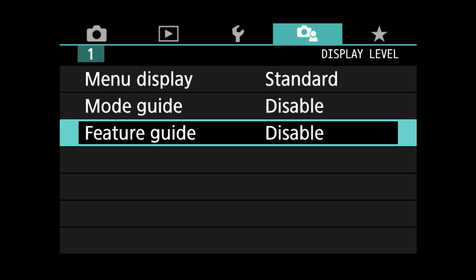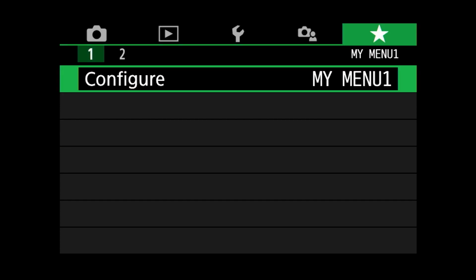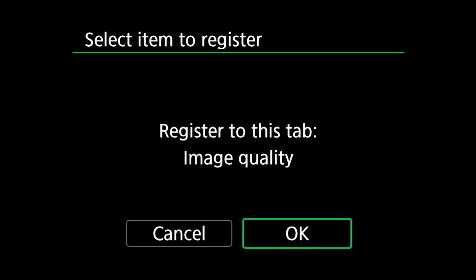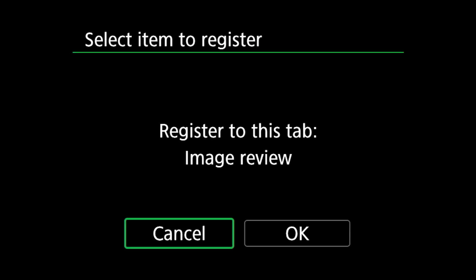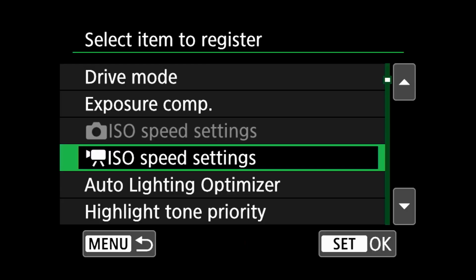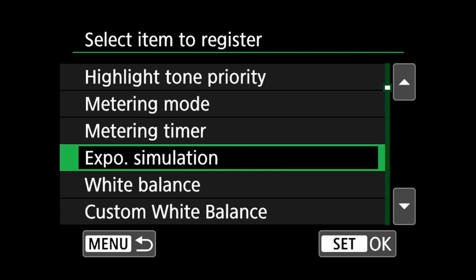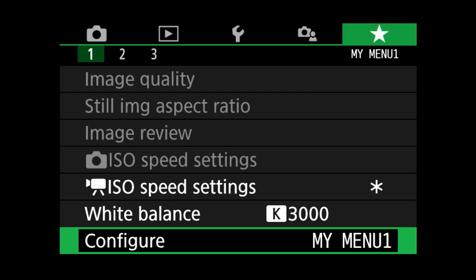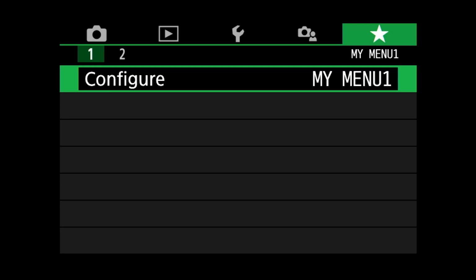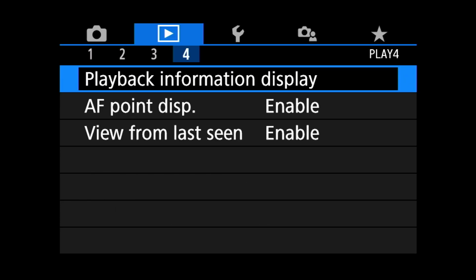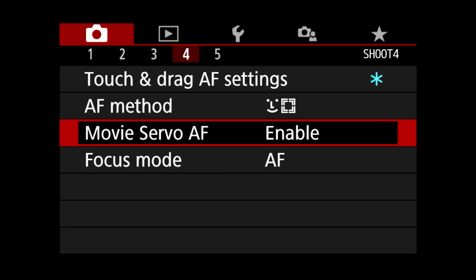Now, the one thing I wanted to point out is the reason why we do this. If you now look to the right corner, you see the star, and this is the option My Menu. This is very beneficial later on when you have specific settings that you want to use for different scenarios, and basically you can save it here and have it kind of like your favorites and just access them a lot easier. So what I'd like you to do is head over to the camera settings here.